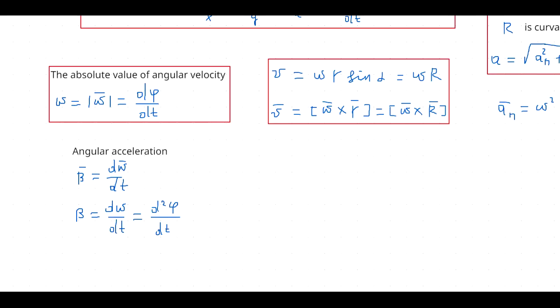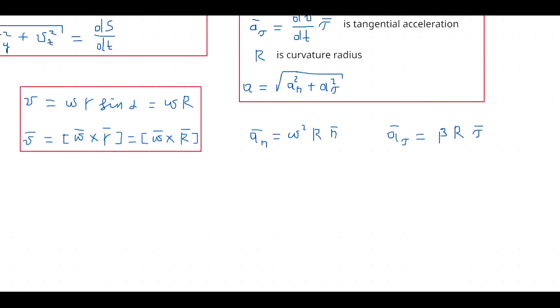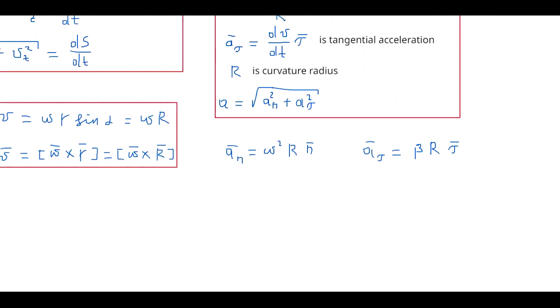This is angular acceleration. Okay, so according to this, we have such two formulas, and acceleration is the vector sum of normal and tangential accelerations,